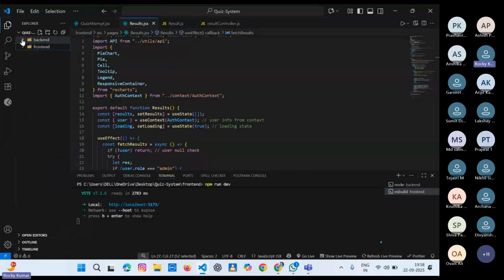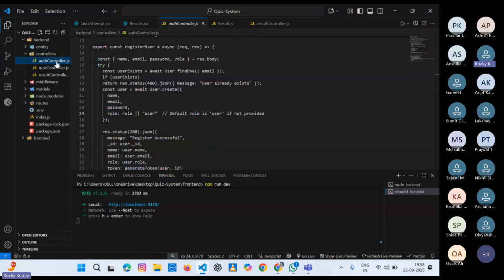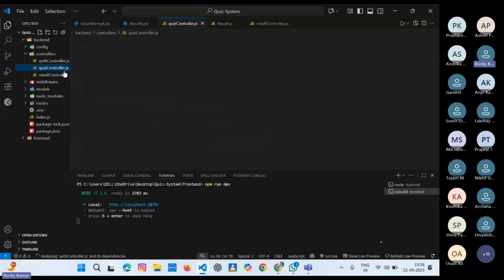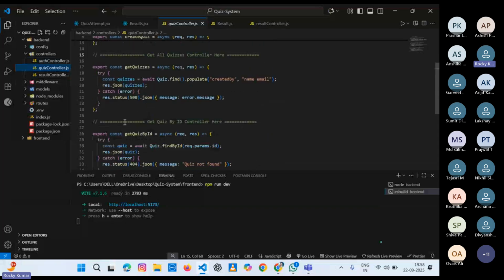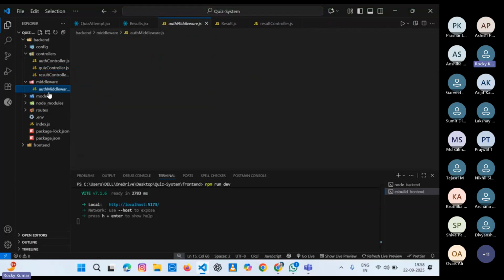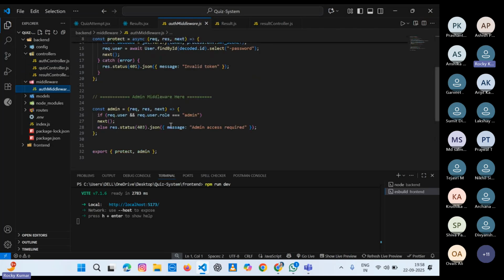In the backend there are multiple folders. First, controllers: auth controllers and quiz controllers, with register user and login controllers, and for quizzes: create quiz, get quiz, and get quiz by ID for a single quiz. Then the auth middleware and admin also login and